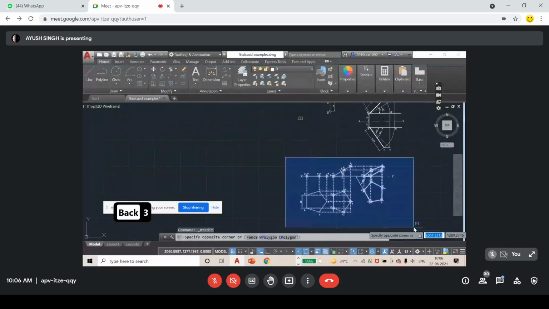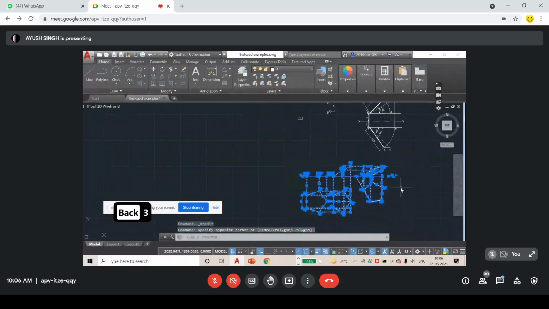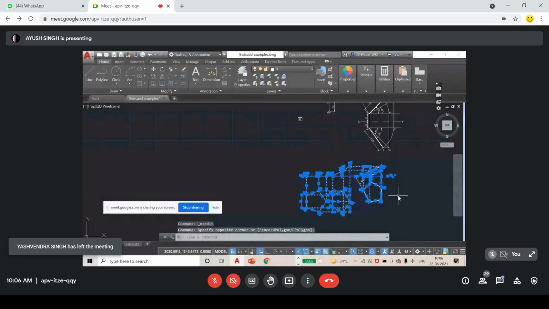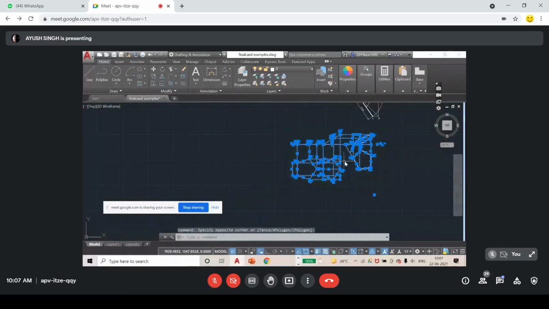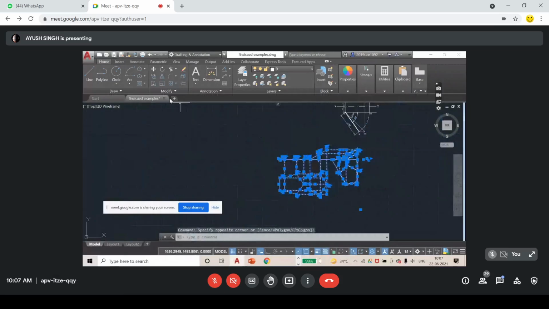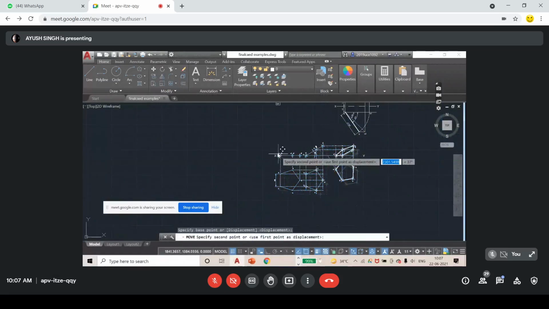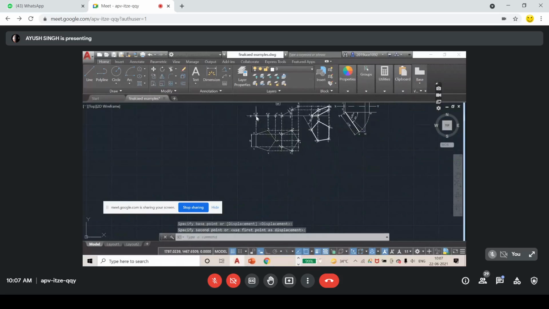And I'm going to select this whole. See, everything is not selected. I'm doing the right selection to make sure everything is selected. Moving it here.